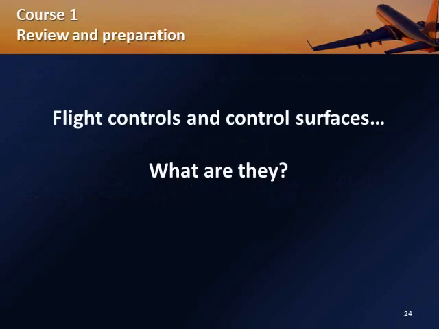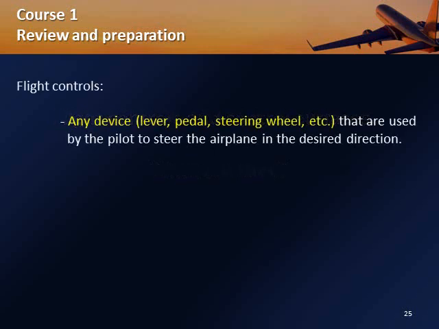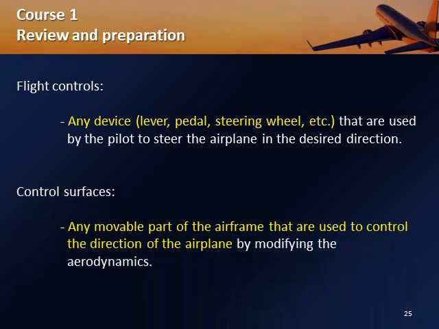A little review: flight controls and control surfaces. What are they, and what's the difference? Well, a flight control is any device, lever, pedal, steering wheel, etc. that the pilot uses to steer the aircraft in the desired direction. This is what we call the flight controls, because that allows you to control the aircraft. Then you have the control surfaces. That's any movable part of the aircraft that is used to control the direction of the airplane by modifying